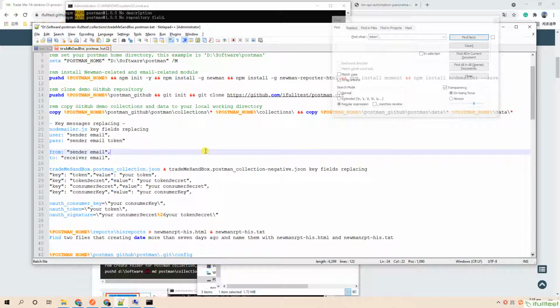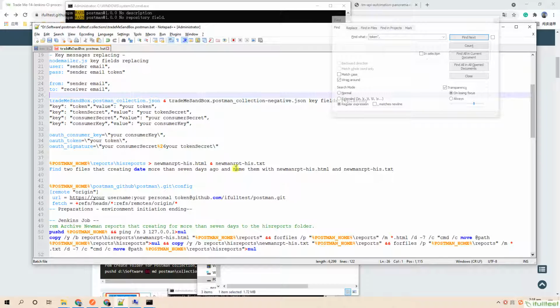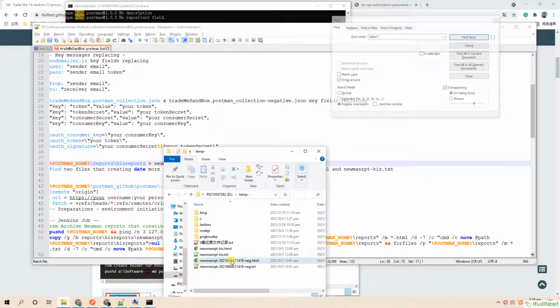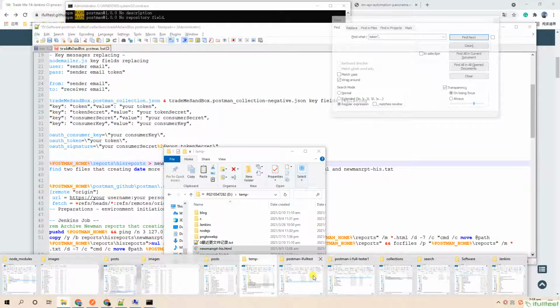And we need to find two files created more than 7 days ago, and name them with these two names. I have already found the two files, so I just move them to the given folder.